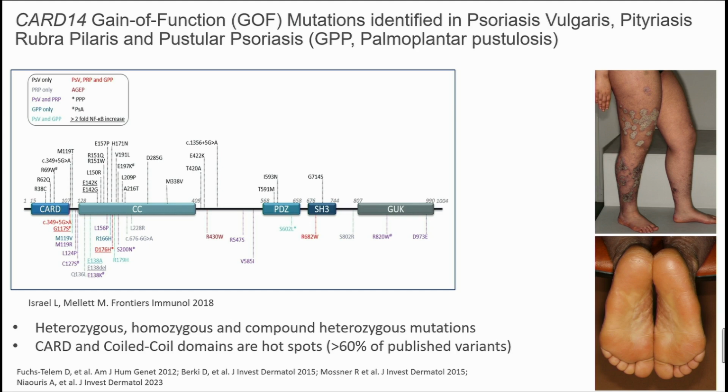Some are privately associated with psoriasis vulgaris, again with or without psoriatic arthritis, and some are associated with PsA. But again, there are some mutations associated with psoriasis vulgaris and GPP, and others with GPP only. On the right-hand side, you can see patients that we are following, who fit